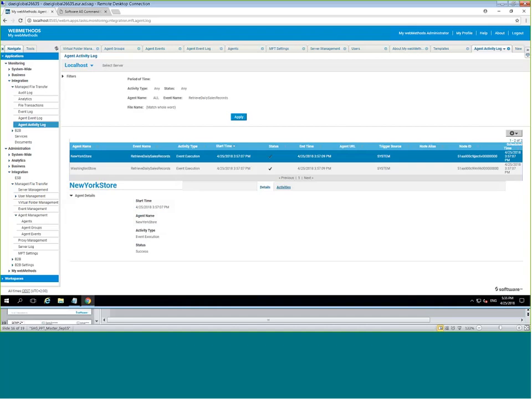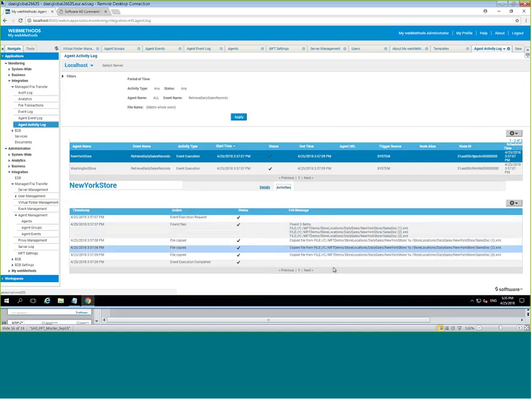So I get to see the high-level metadata for the New York store, and it's telling me it was executed successfully. Now, if you look at the activities associated with the New York store, it found 3 items. In this case, they were point of sale data. It picked up the 3 files on the agent system, and then it copied the files to the server.